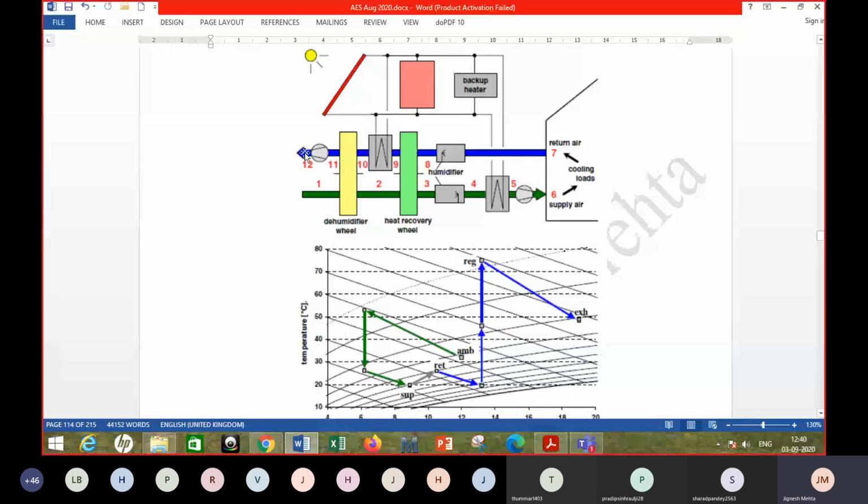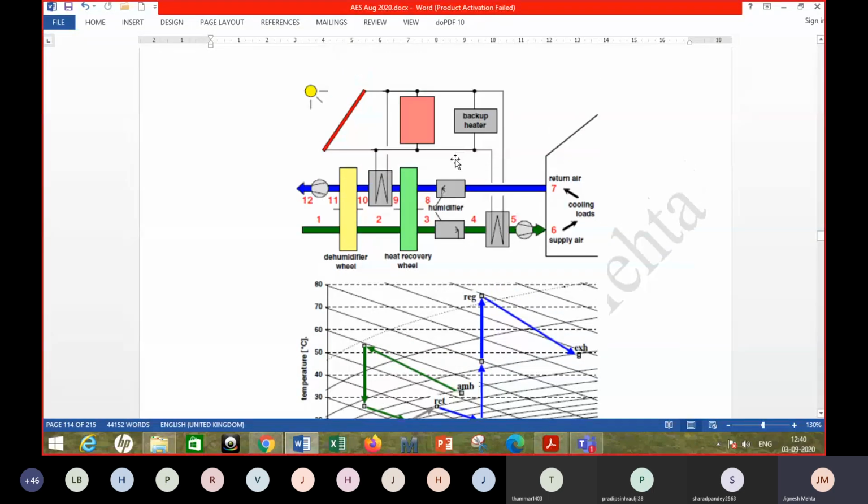So what happens in this process to air? It receives moisture and its temperature goes down a bit. Okay. So this is that process. So what basically is shown here is the use of a solar collector for air conditioning purpose. So this stream of outdoor air or fresh air is conditioned. What do you mean by conditioned? The moisture is removed and the temperature is also reduced before supplying it to the room.